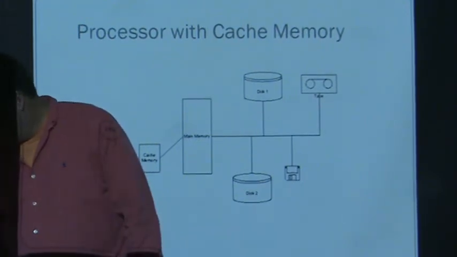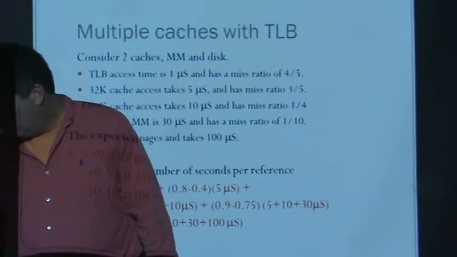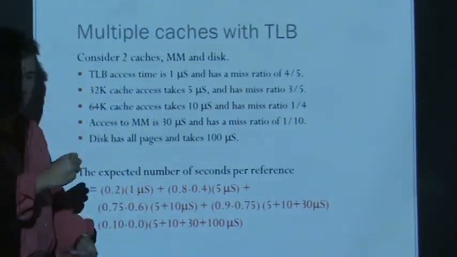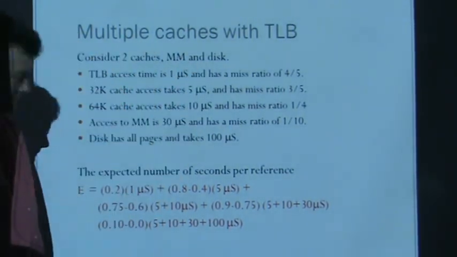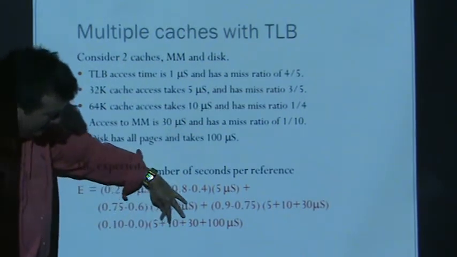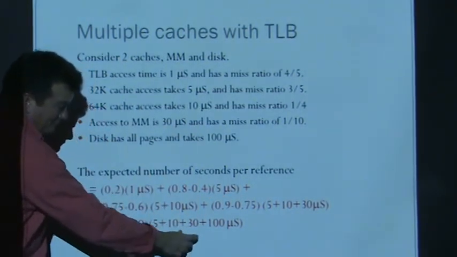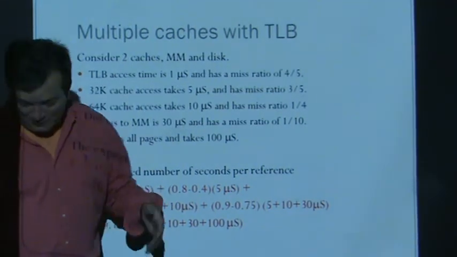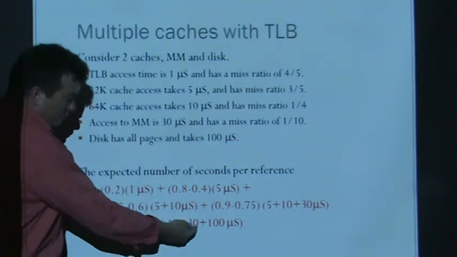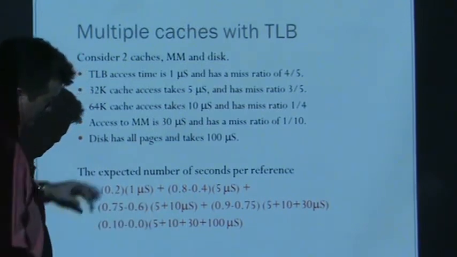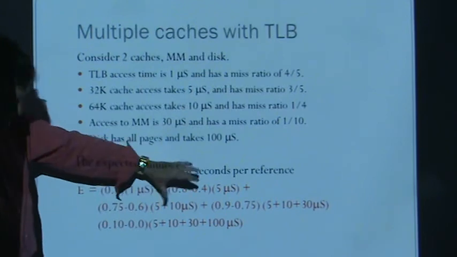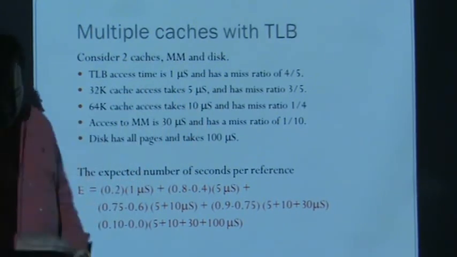It would take this whole thing, 5 plus 10 plus 30 plus 100, every time you write a variable, because you have to write it everywhere. So all writes take a lot of time, and all these caches are slowing you down. So you have to decide, do you want to just write it to the spot where you find it, which would make it take maybe this amount of time, or maybe this amount of time, or maybe this. But then the downside is,